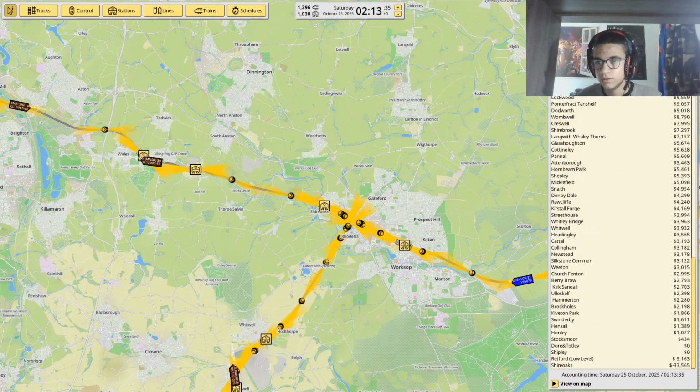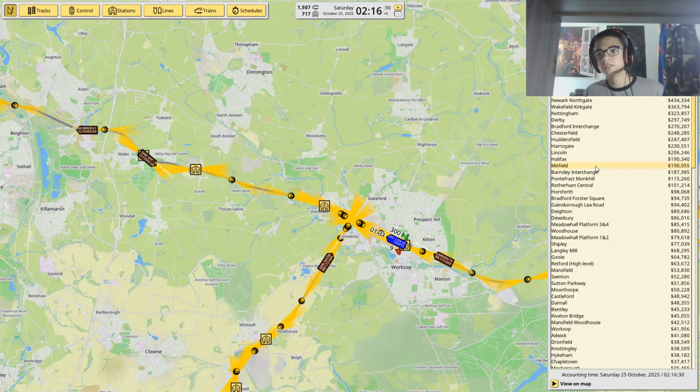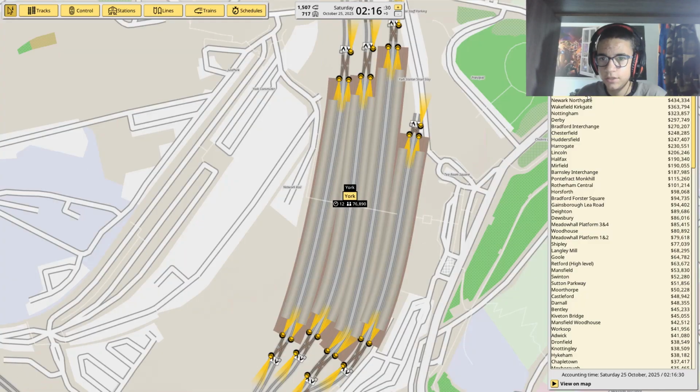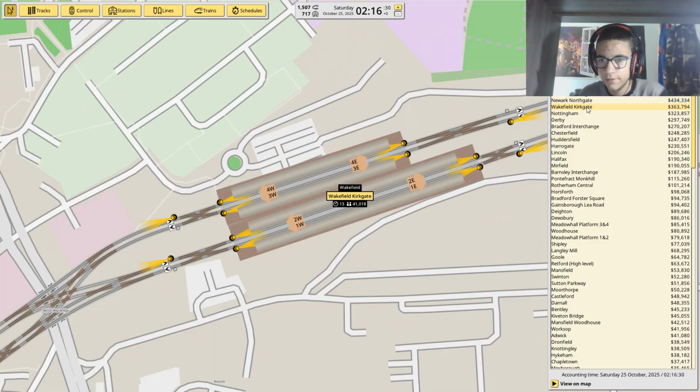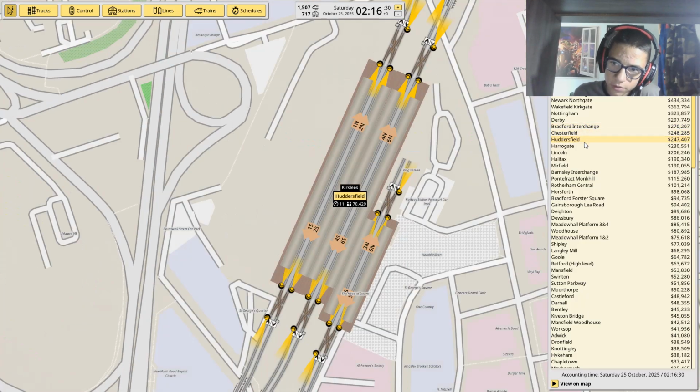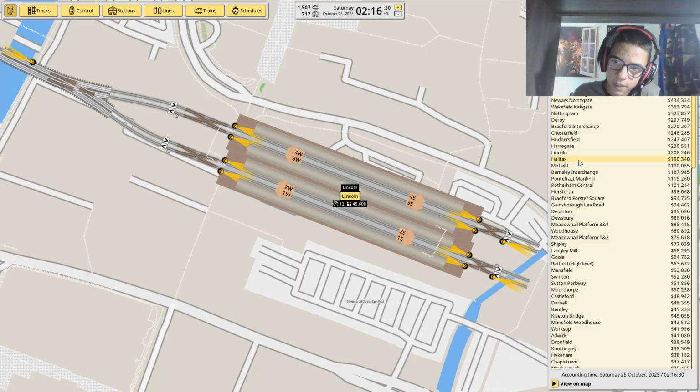Yeah, that's not good. But anyways, we're just going to call out all of our stations, so let's get started. Lead 1 to 6, Doncaster, Sheffield. Lead 7 to 10, York, Wakefield Westgate, Newark Northgate, Wakefield Kirkgate, Nottingham, Derby, Bradford Interchange, Chesterfield, Huddersfield, Harrogate, Lincoln, Halifax,